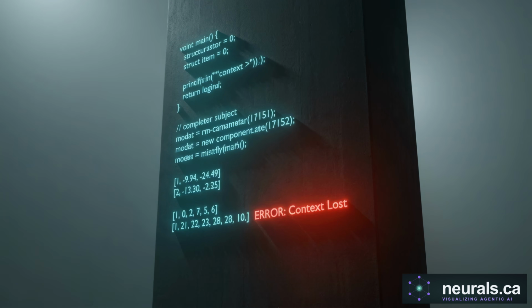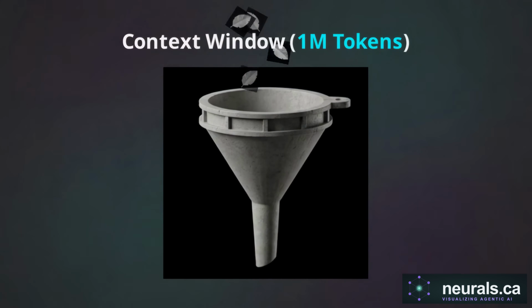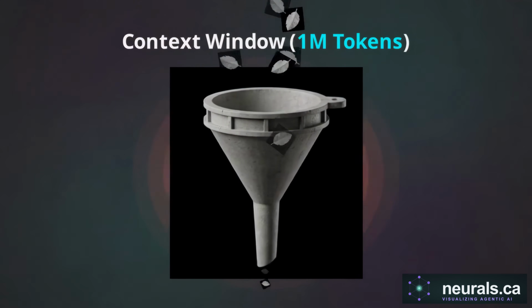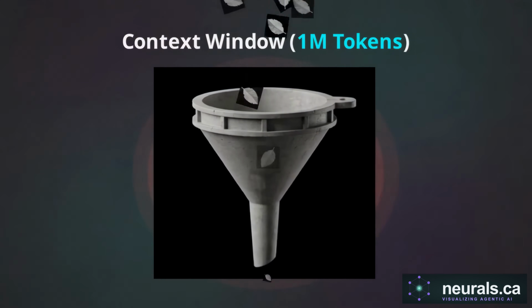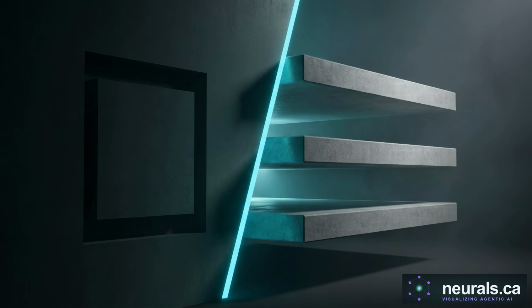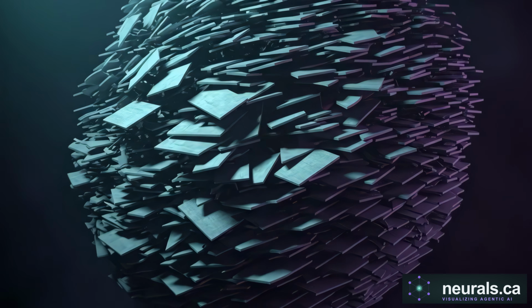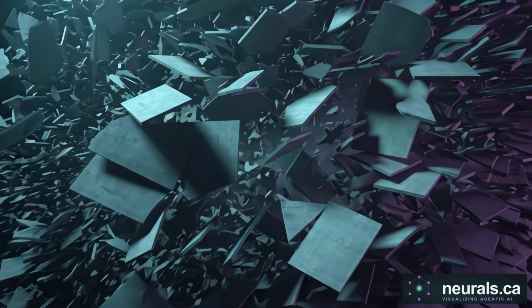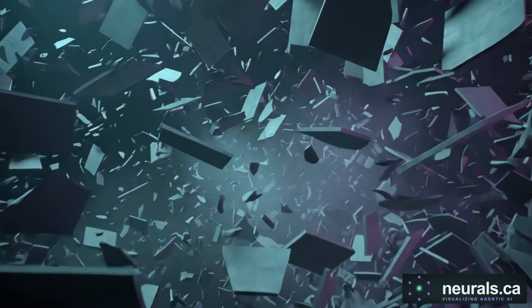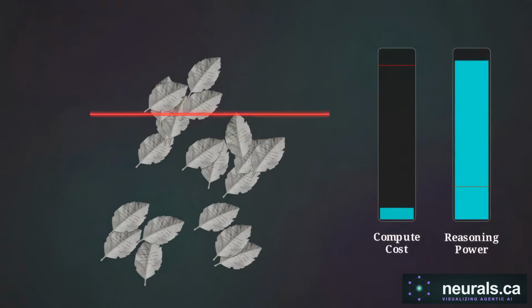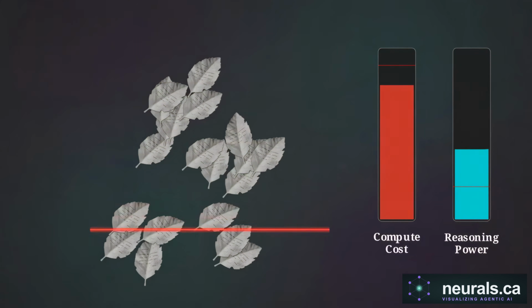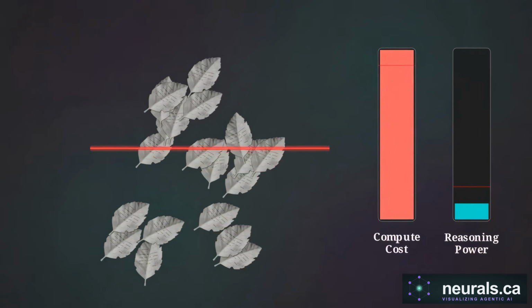entirely reactive. A common engineering crutch is to bypass memory architecture entirely by stuffing raw interaction logs into a massive 1 million token context window. But a larger context window is not a memory system. Stuffing the prompt is the equivalent of handing the model a massive, unorganized binder for every single query. It forces the LLM to scan thousands of irrelevant pages just to answer a simple question, driving up compute costs and actively degrading its reasoning capabilities.